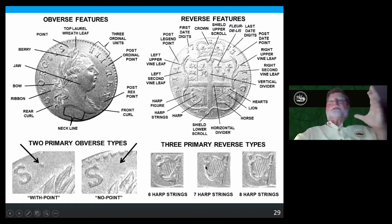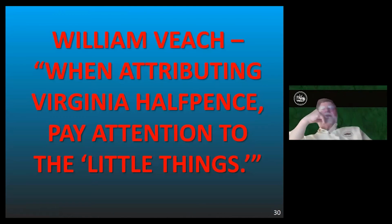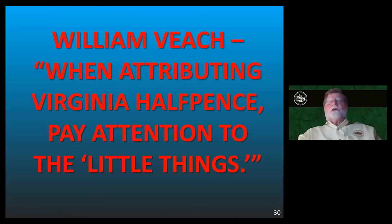Well, that narrows the various varieties down from that 31 to a lower level. Now, the other thing that I'd like to bring out, other than that gross, obvious ability to break these coins down into smaller groups so that you can make a decision on what they are, is that there's a guy, William